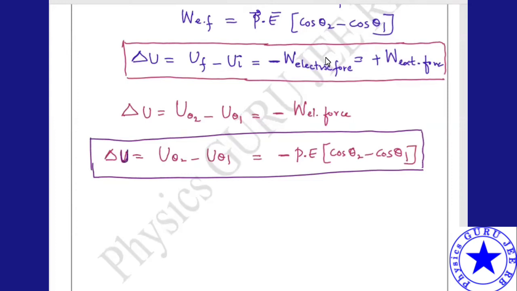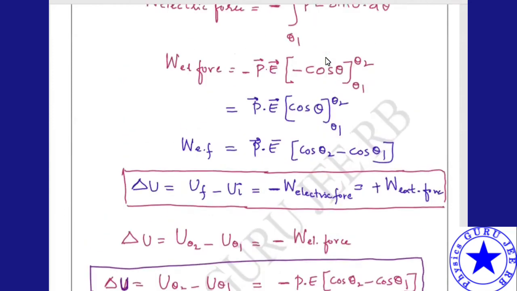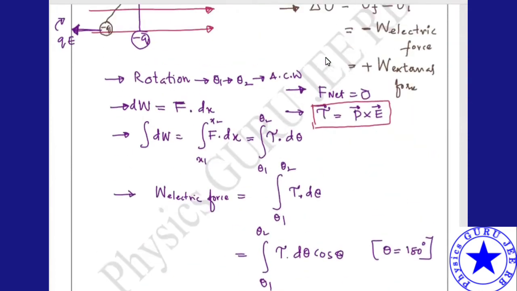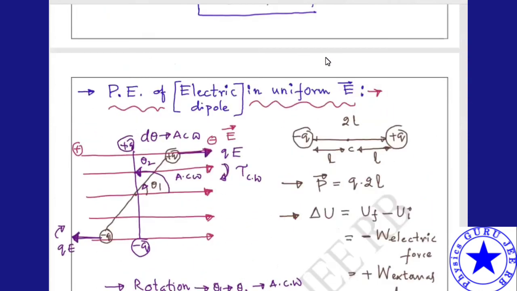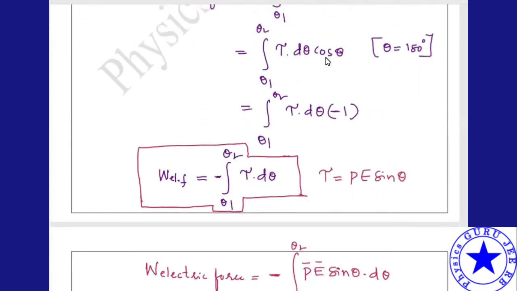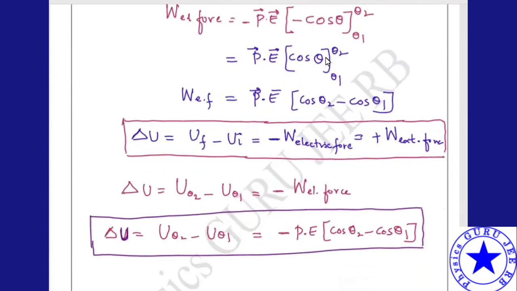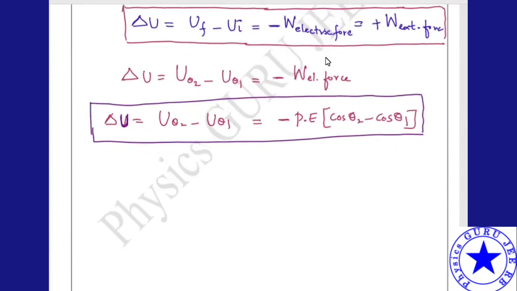what I calculated is change in potential energy, but what I require is potential energy only. We require potential energy, but I calculated change in potential energy. He's not asking for change in potential energy, right? We want potential energy. Now, actually, there is no definition for potential energy. There is a definition for change in potential energy.